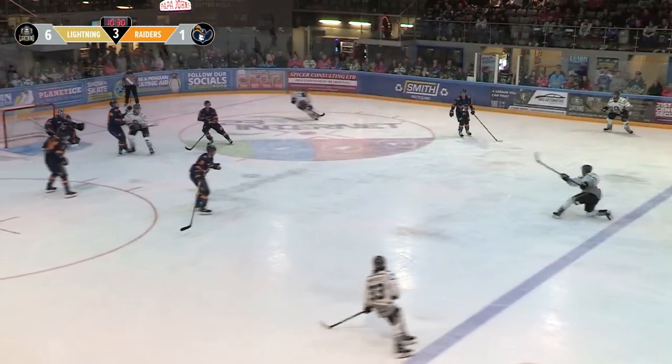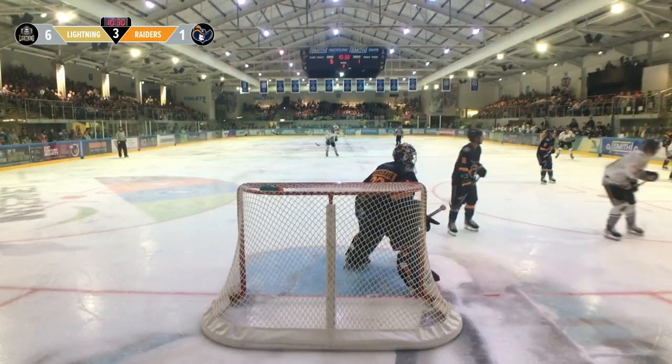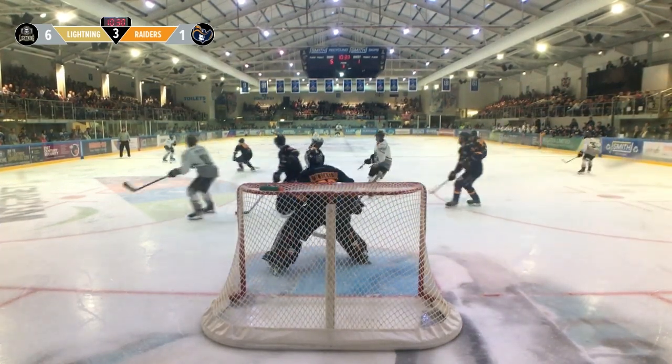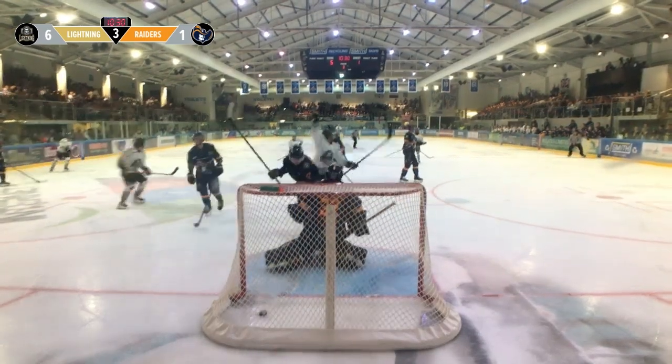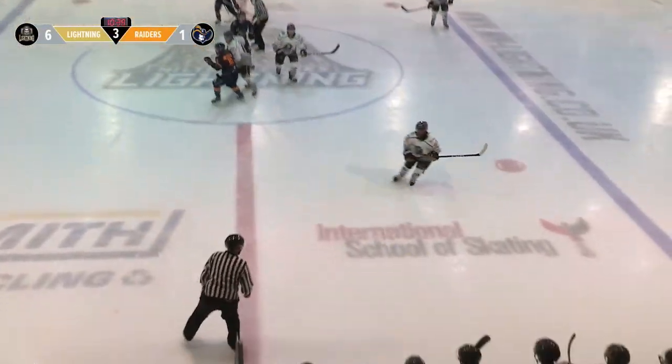Pass is just there, just releases that. The power from that release there. Tim Wallace with an assist from Lewis Christie. 6-1 to the Lightning. Again, there was a screen. I don't think Winterbank saw it until it was too late. He went low and the puck went into the top corner